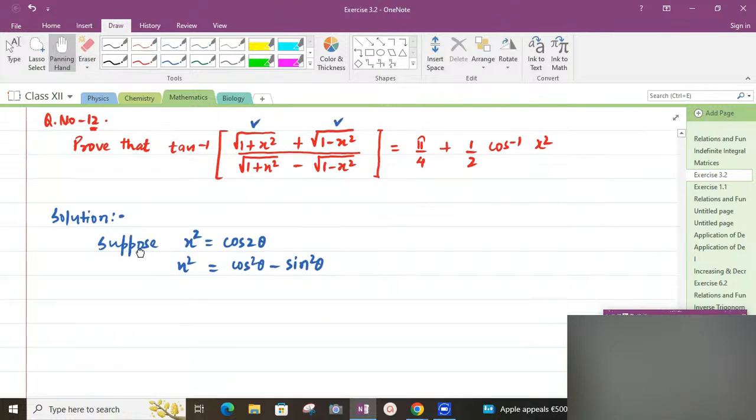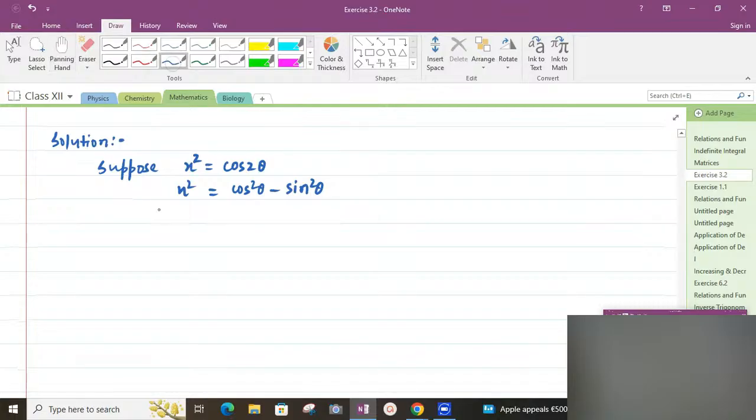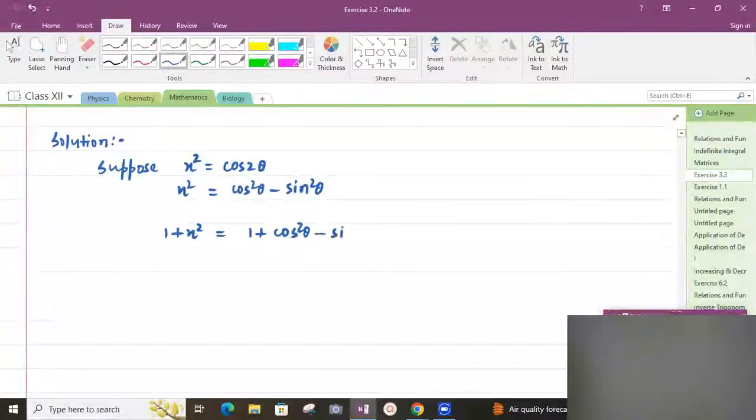So 1 plus x square equal to, here will be 1 plus cos square theta minus sin square theta equal to, here will be 2 cos square theta. Hope that there is no problem to understand up to this step. We know that 1 minus sin square theta equal to cos square theta. Therefore, cos square theta plus cos square theta equal to 2 cos square theta, or